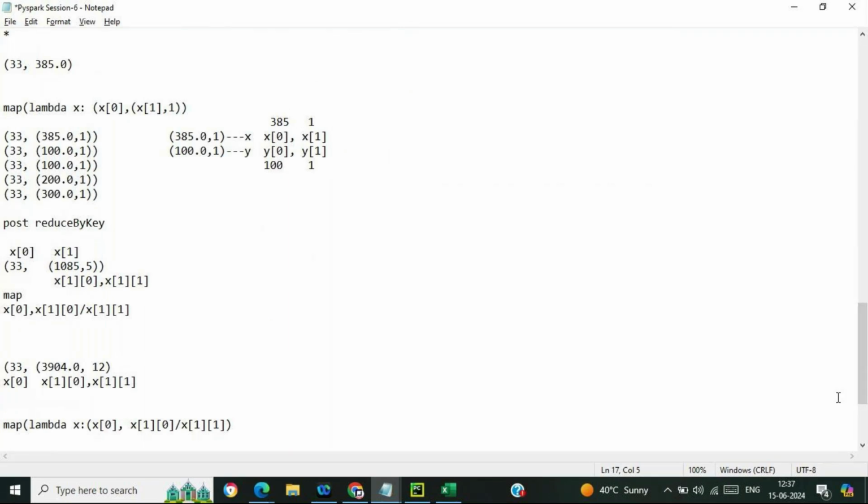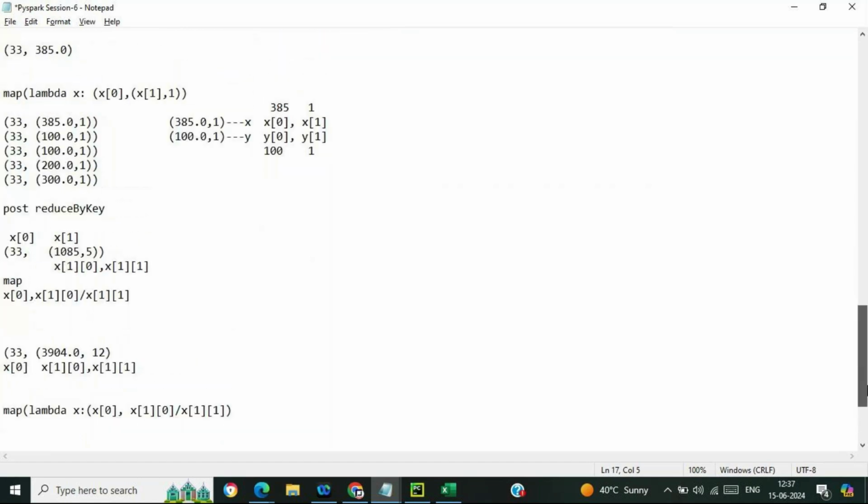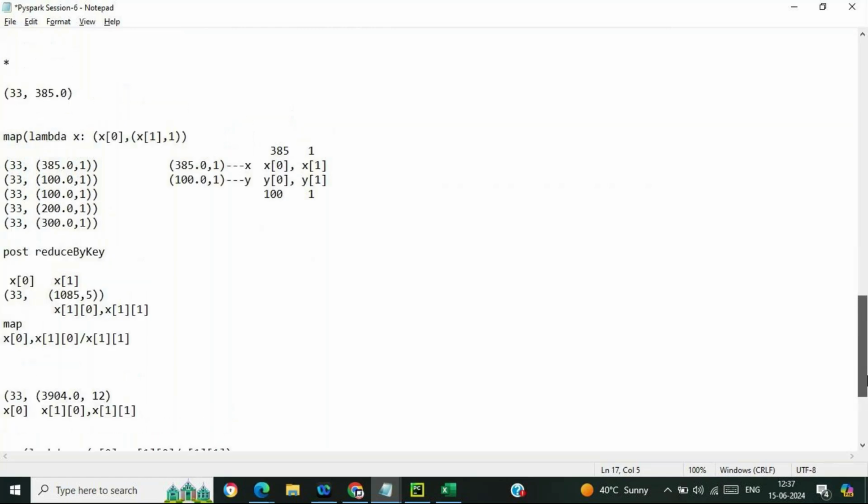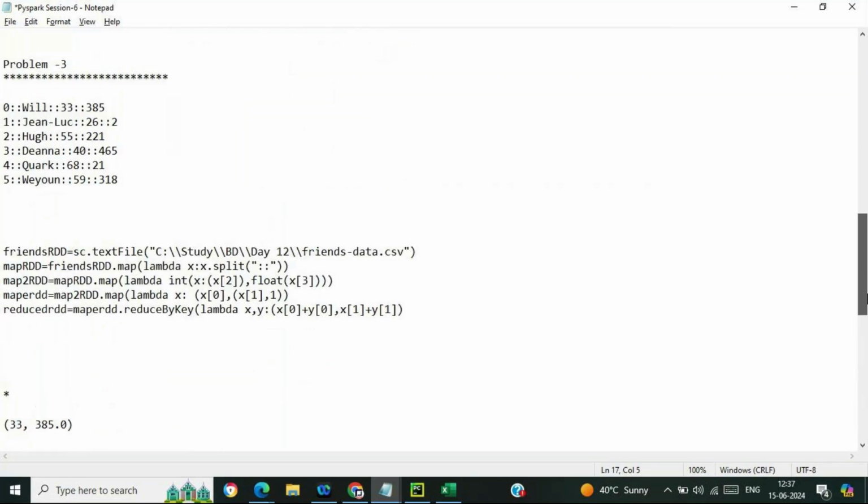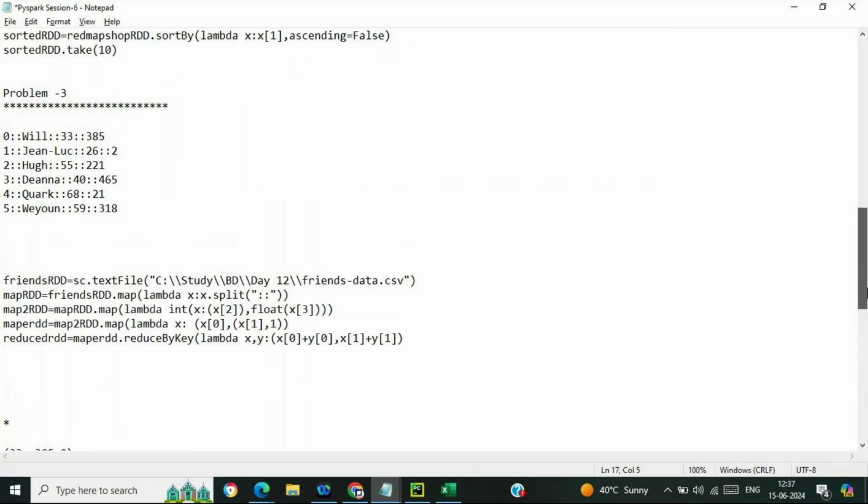Once we cover Spark, you will have enough understanding from the Spark perspective, and you will be able to write the code that will be asked during the interview. You just need to pay attention to how you are going to mold the logic and solve a problem. First, you need to have a logic in your mind, and then implement that logic. Tomorrow we will start data frames; from the RDD perspective, that's enough. We have fewer use cases for RDDs, and data frames will be more interesting and easy.